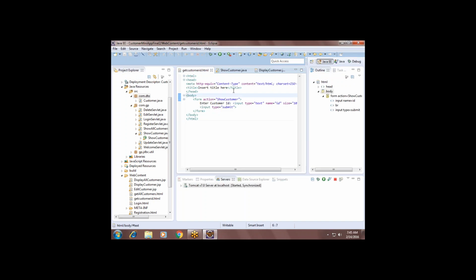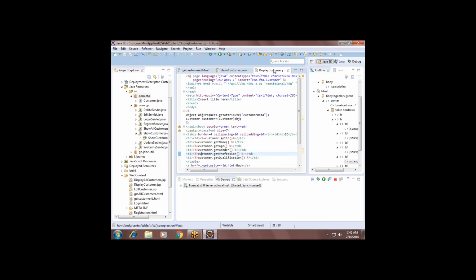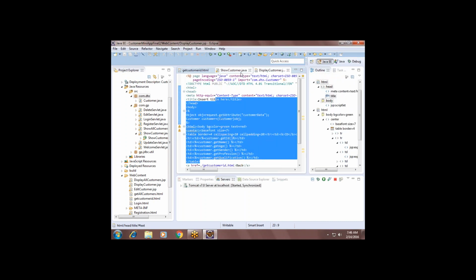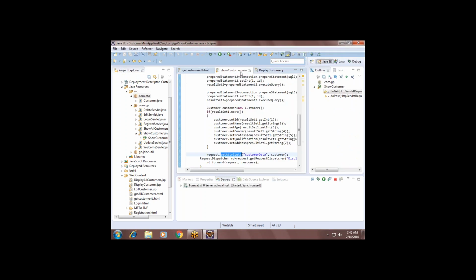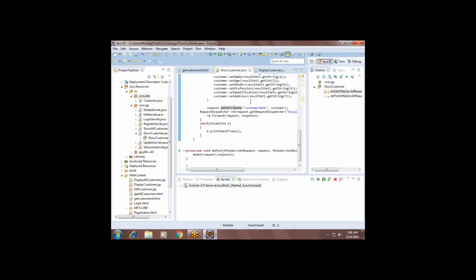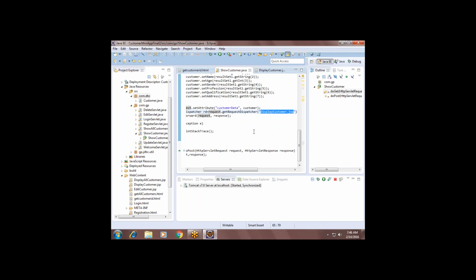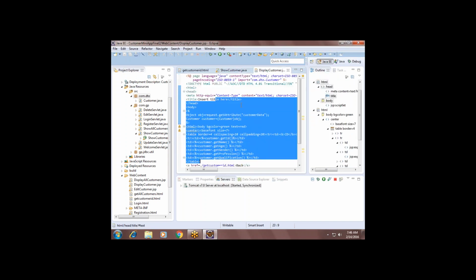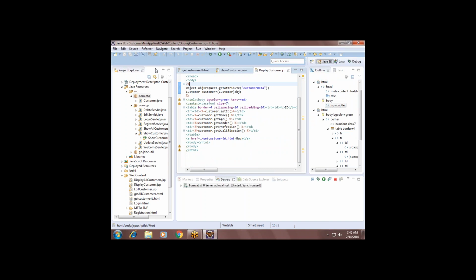Very simple. The difference between the previous program and this program is we are not printing inside the servlet, we are printing inside the JSP. But the JDBC code is written in the servlet. From there you are picking the data and setting into the request object, and you are forwarding the request to the display customer.jsp, where I am receiving the data and we are printing onto the screen.